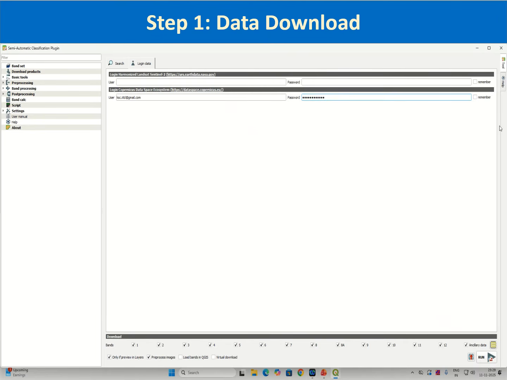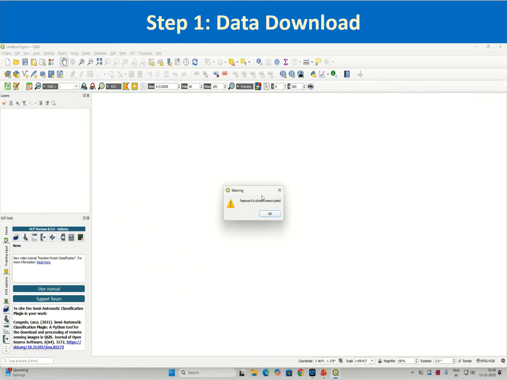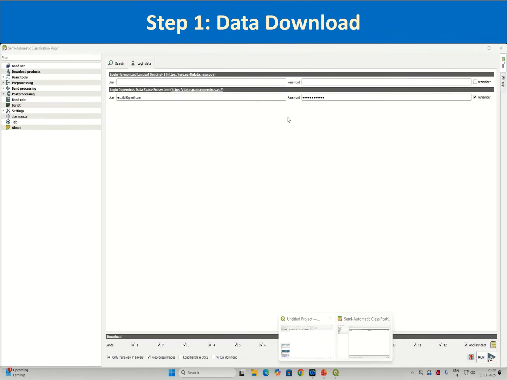And you can save the password, you can check this box. It warns that the password is stored unencrypted. You can click OK. And now you go to the tab of